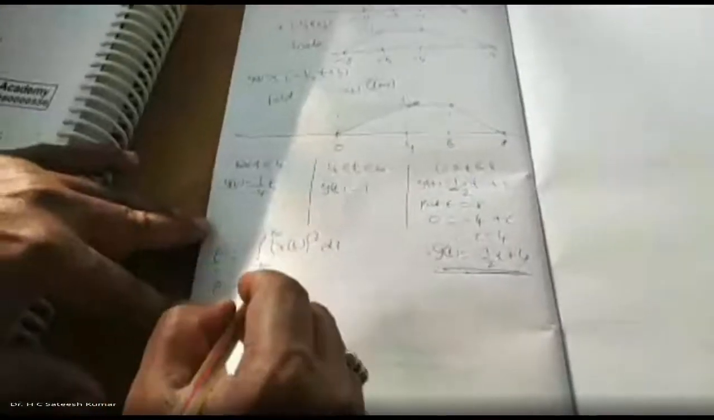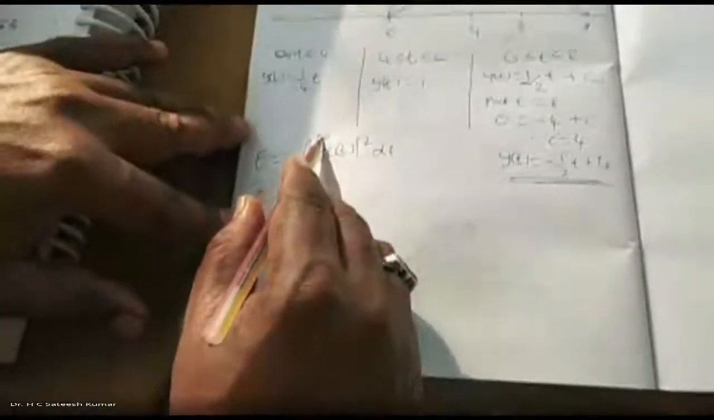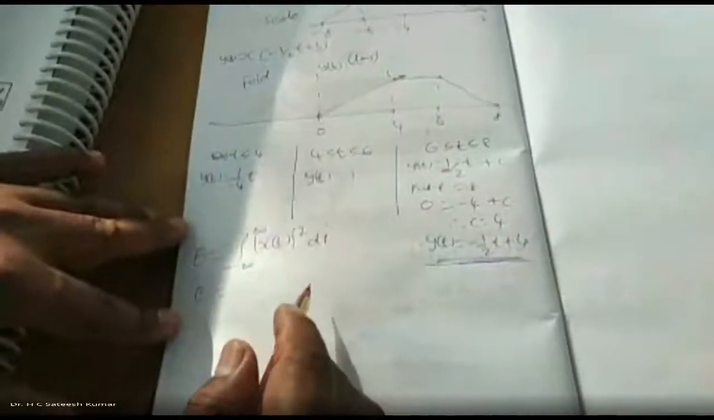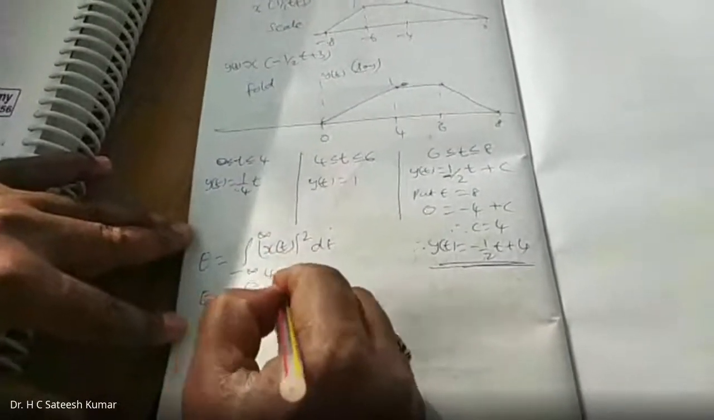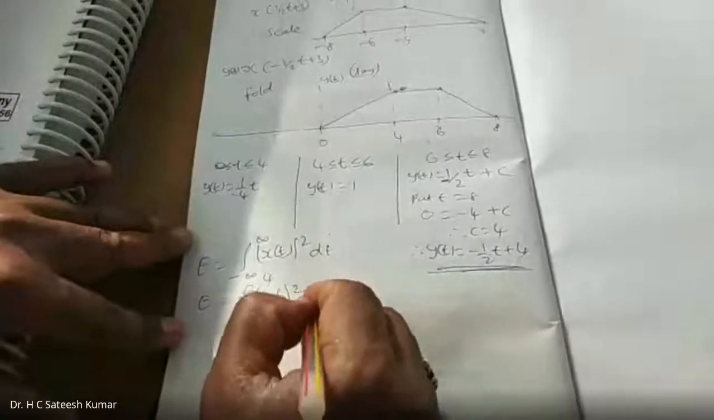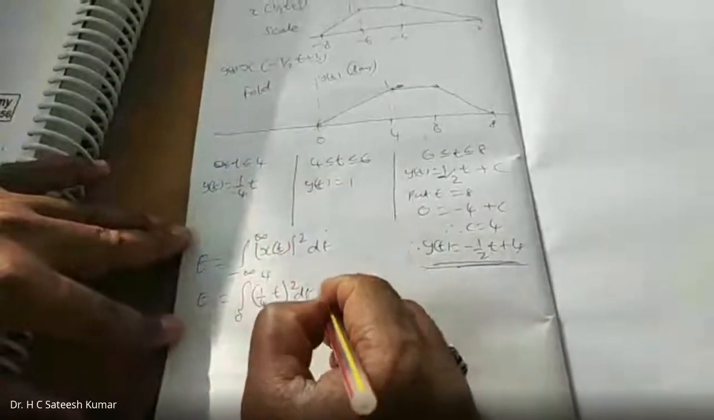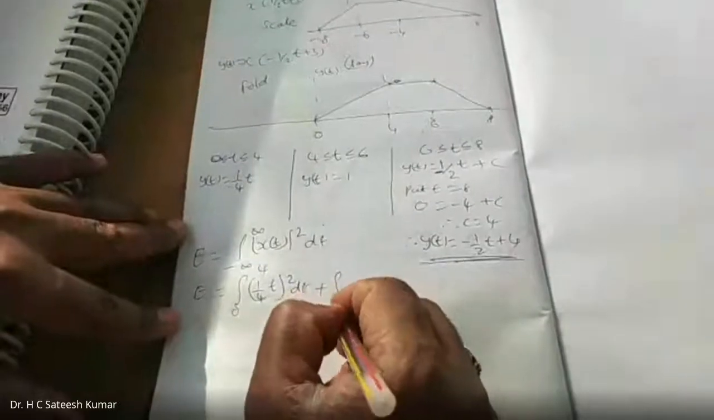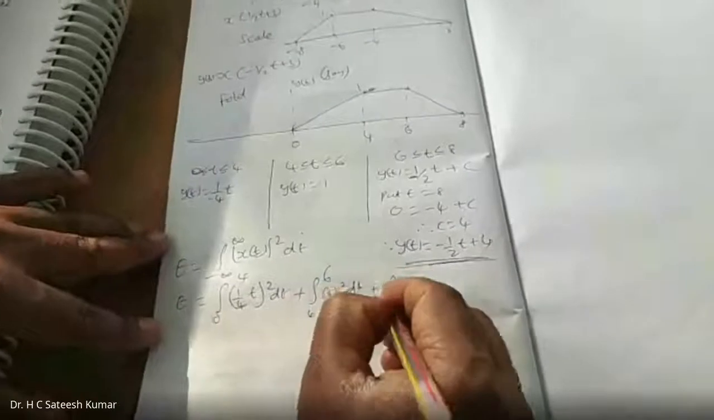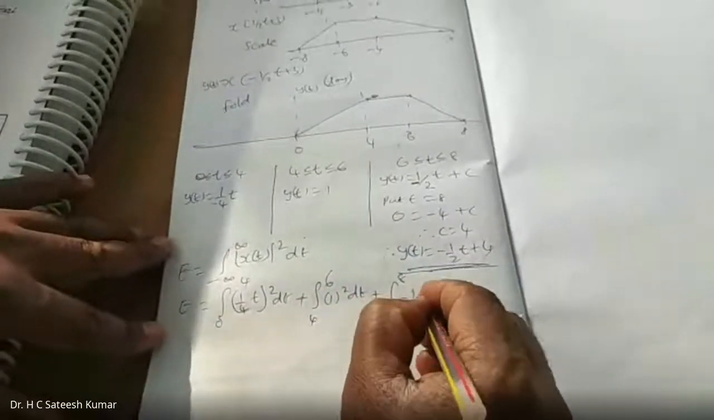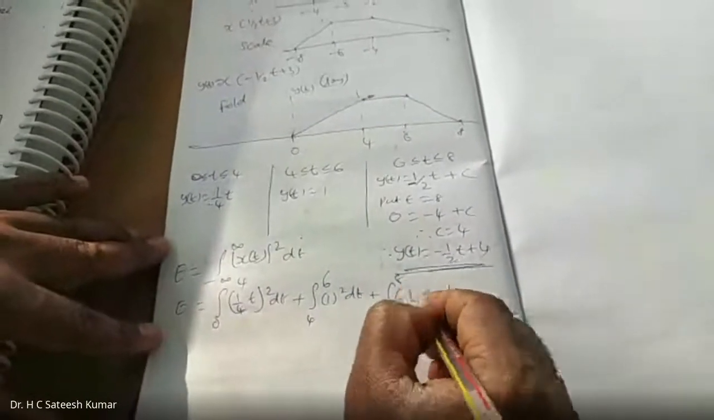Energy is equal to integration from where to where? Even though the integration is from minus infinity to plus infinity, my signal is ranging from 0 to 8 with different equations at different time intervals. So first I'll write between 0 to 4, integration of (1 by 4 t) whole square dt. Whatever the signal is, square dt. Plus integration between 4 to 6, the value is 1, 1 square dt. Plus integration between 6 to 8, (minus half t plus 4) whole square dt,